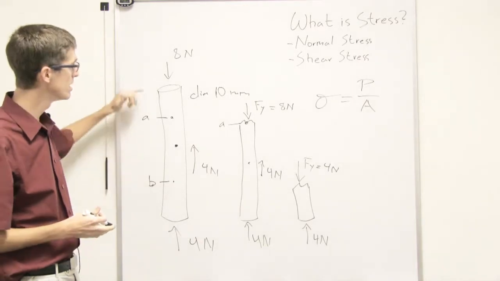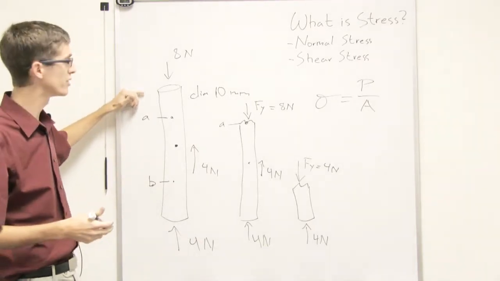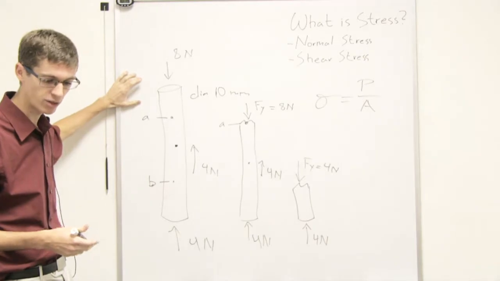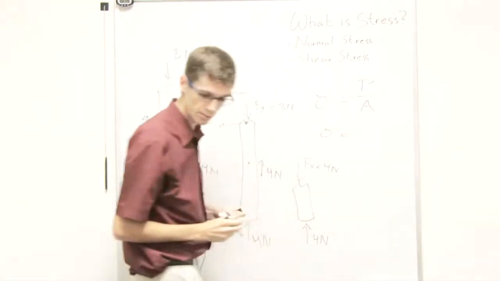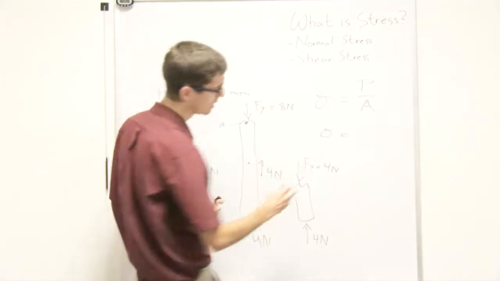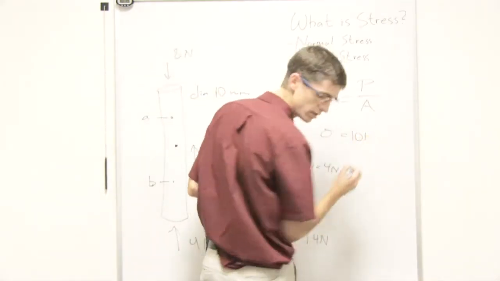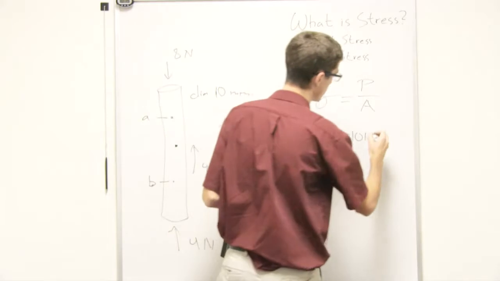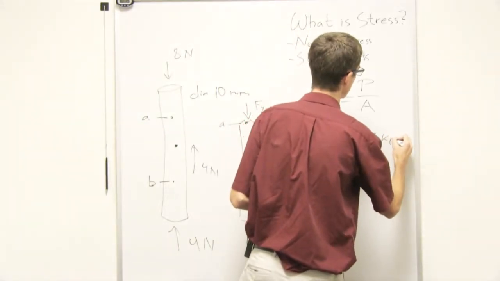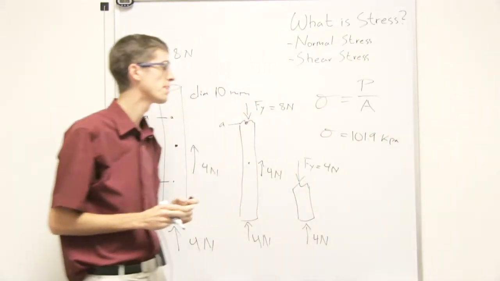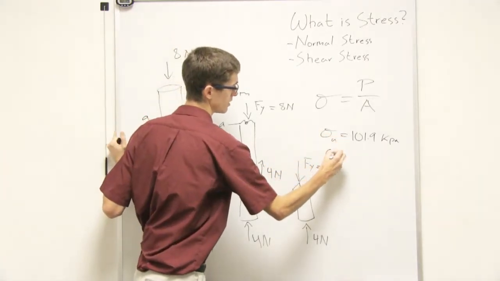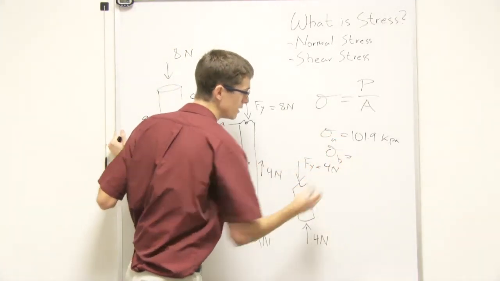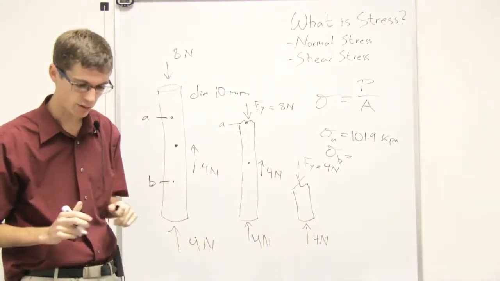So when we solve for this upper piece with the stress over the cross-sectional area, you'll find that the stress is going to be equal to about 101.9 kilopascals. And that's sigma A. And so the stress at B, sigma at B, is going to be equal to